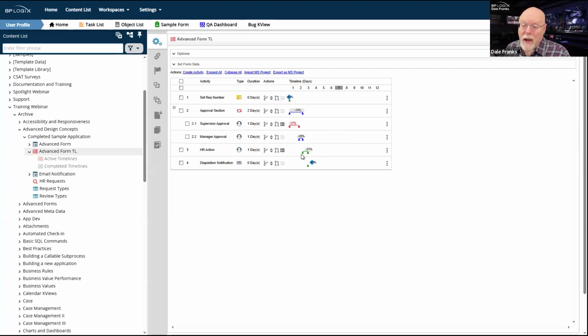On the other hand, you might see a lot of green. So in this particular case, we are getting this HR action task done in 31% less time on average than we had configured for this task.